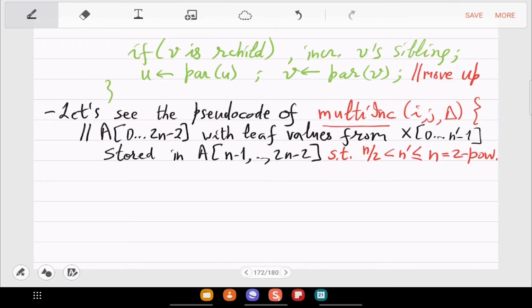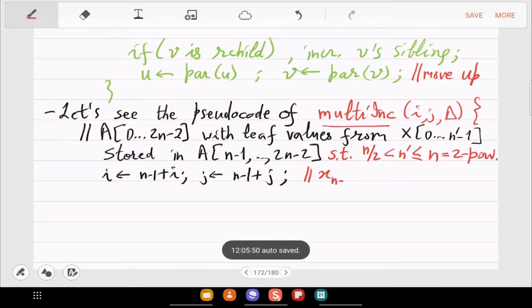So 0 maps to n minus 1. So we do that first. So I we change, and similarly j, and we can remember that x n minus 1 is a left child.